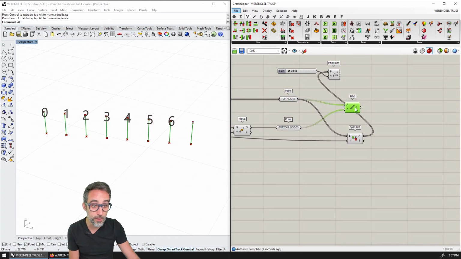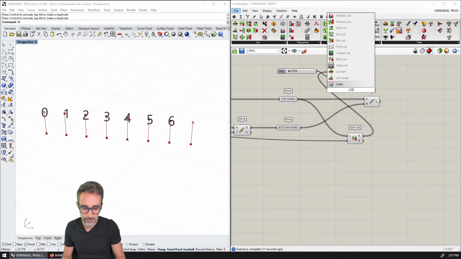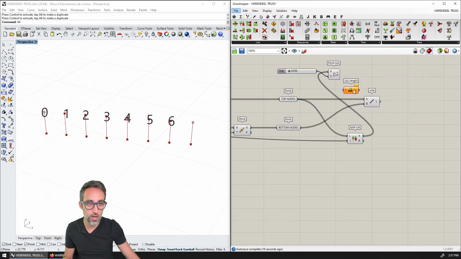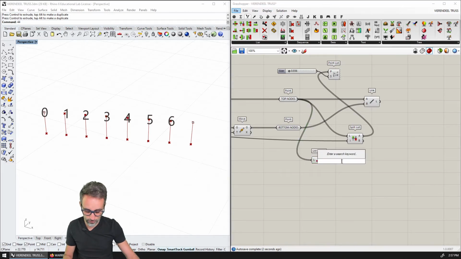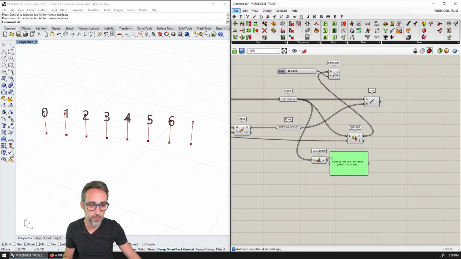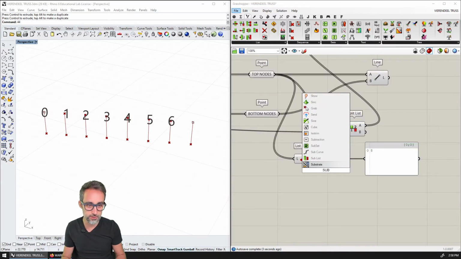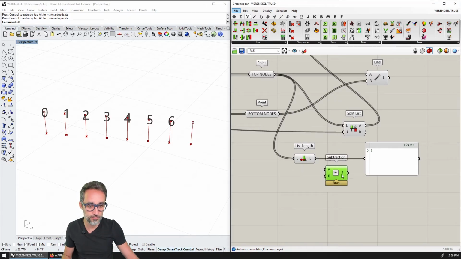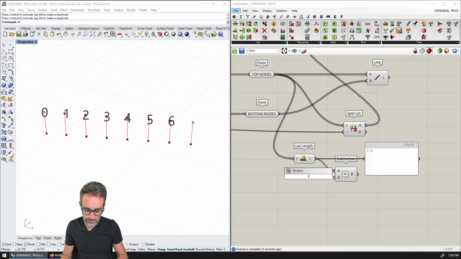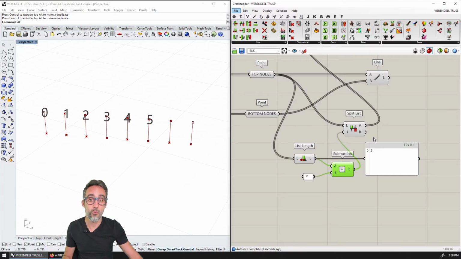The other way to go is just using List Length, to measure how many elements are in the list of top nodes. That will give me the number 8. And then from that, I can just subtract the number 2, and that will also give me where I need to cut.